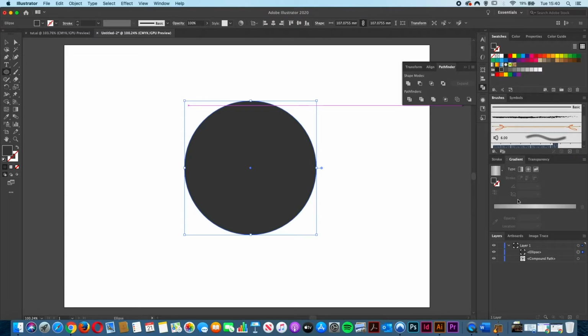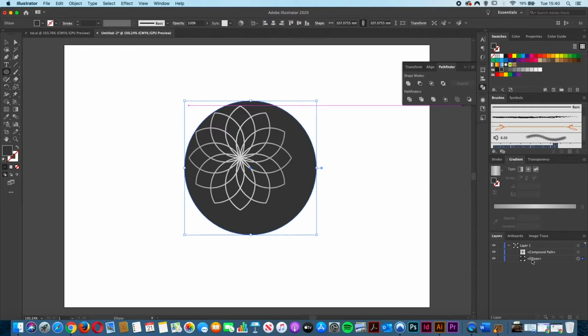And at the moment you can tell that the background circle is above our flower shape. So if we come back to the layers window and then left click on the ellipse, hold and drag that down, that brings it behind our flower. So before we go any further, I'm just going to hold down Command or Control to get the main selection tool, left click and drag over both of our elements like so,